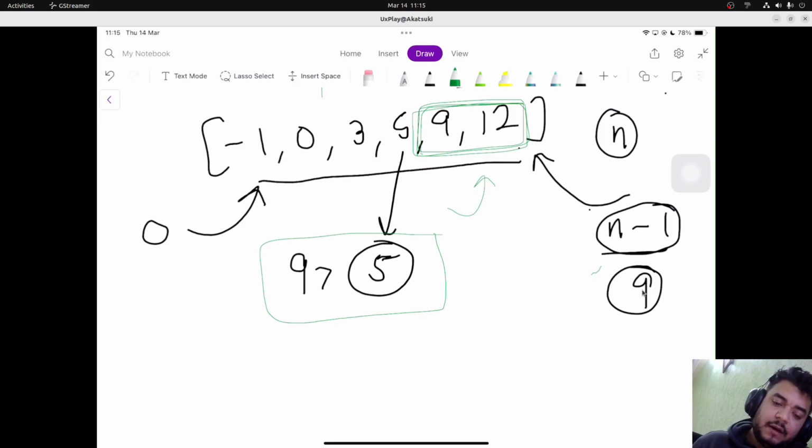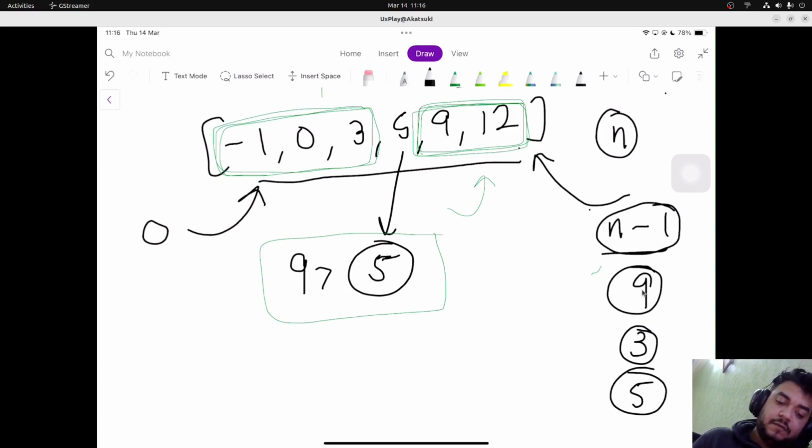And if it is less, let's say if it was 3, we could check it in this part of the array, because it is smaller than 5. And now we can also say, what if the target was 5 itself? Then simply we could have returned the index of this middle one, that is 3,